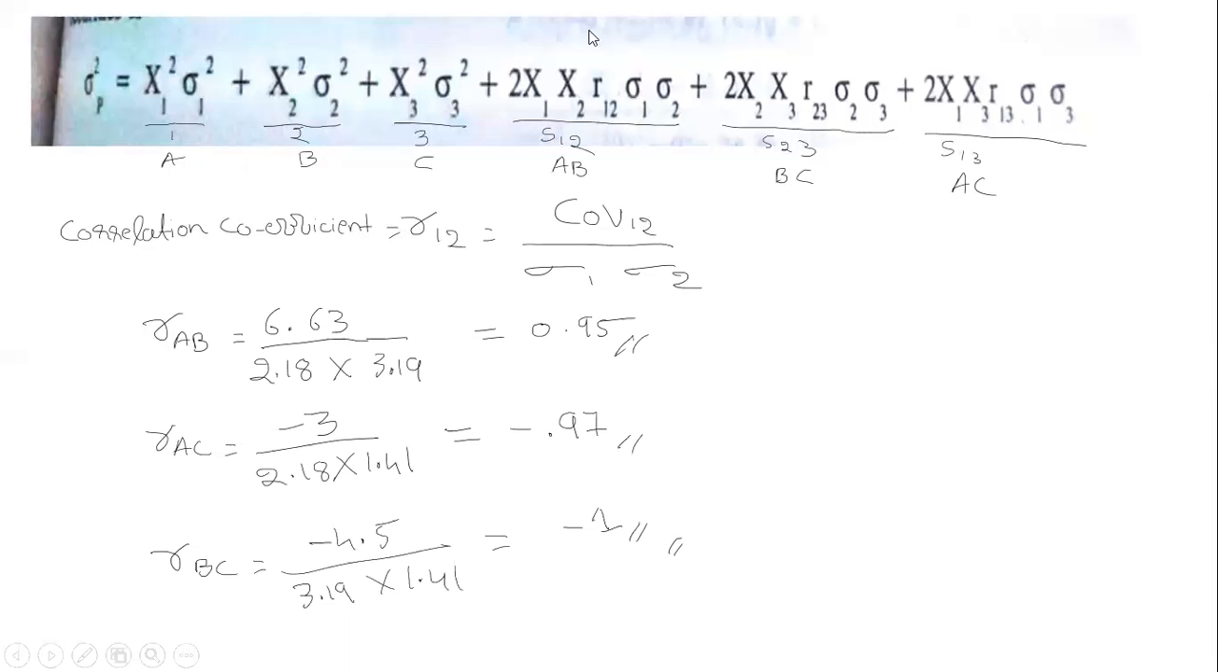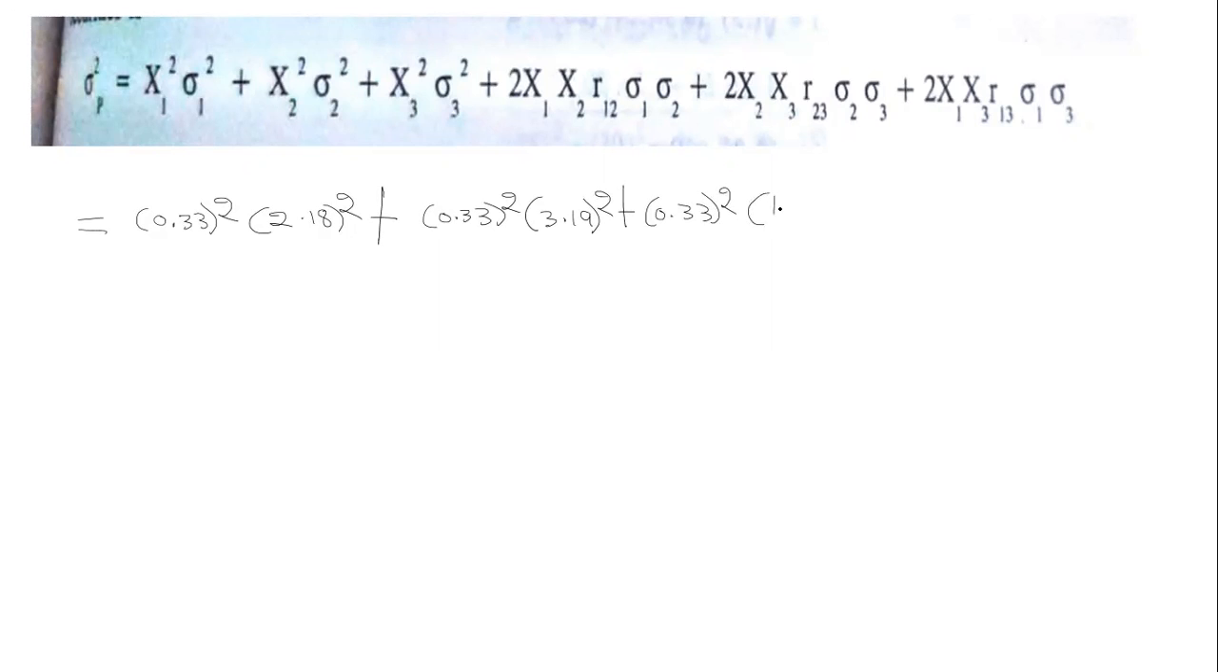So let's move to the problem. Now we'll put the values in the formula. So we have all the values. So portfolio variance is equal to, he's telling equally investing, that will become 0.33 square into 2.18 square plus 0.33 square into 3.19 square plus 0.33 square into 1.41 square, that is standard deviation of C, plus